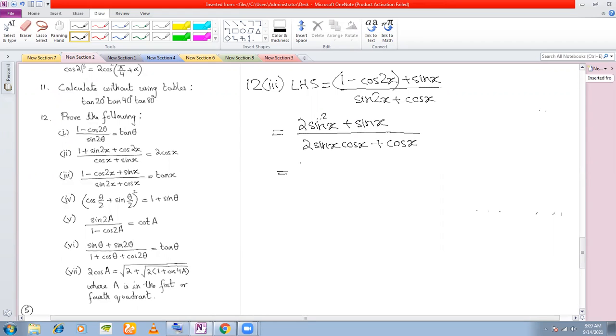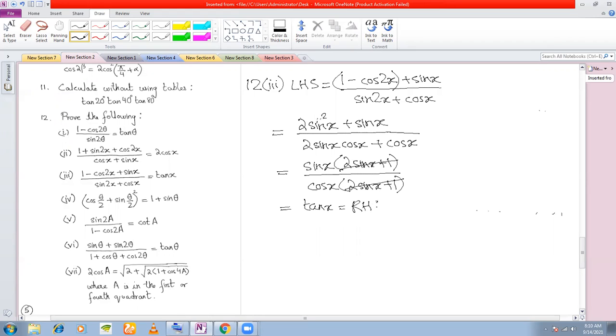Now 2 sin x, in fact sin x you can take common in the numerator. So you are left with 2 sin x plus 1. And in the denominator, you can take cos x common. You are left with 2 sin x plus 1. So you see that 2 sin x plus 1 cancel in the numerator and the denominator. You are only left with sin x by cos x, which is equal to tan x, which is equal to